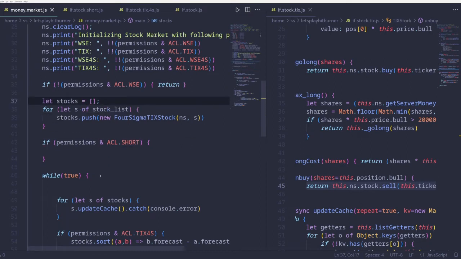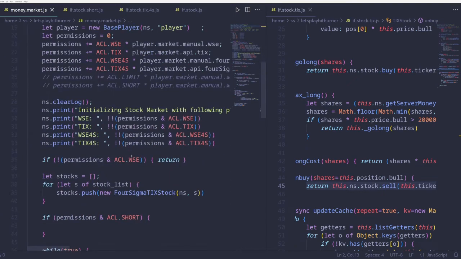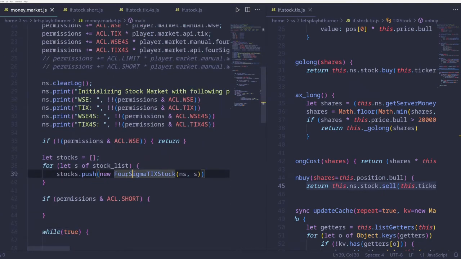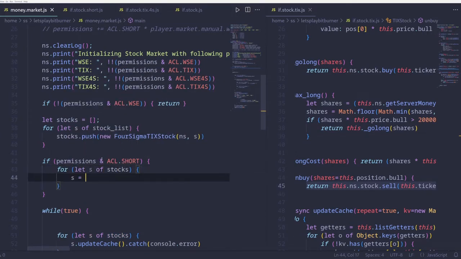We'll actually build our stock list a little bit higher before we get into the loop. So let stocks be an array, and then for stock of stock list, push a 4 sigma tick stock. Now this should probably be push a stock and do something else with it later. For right now, we're only concerned about 4 sigma ticks. We're going to push 4 sigma ticks, and then if we have ACL short permissions, we're going to iterate through stocks,